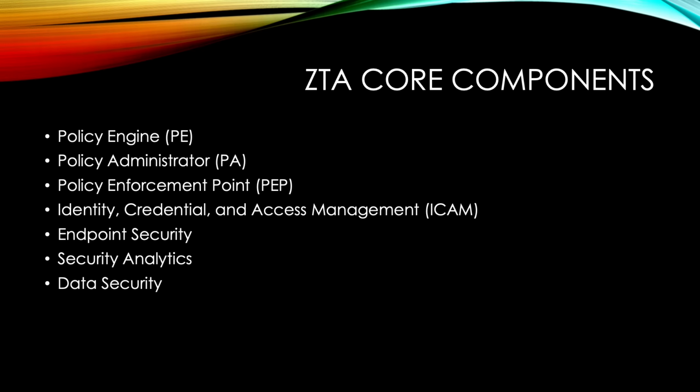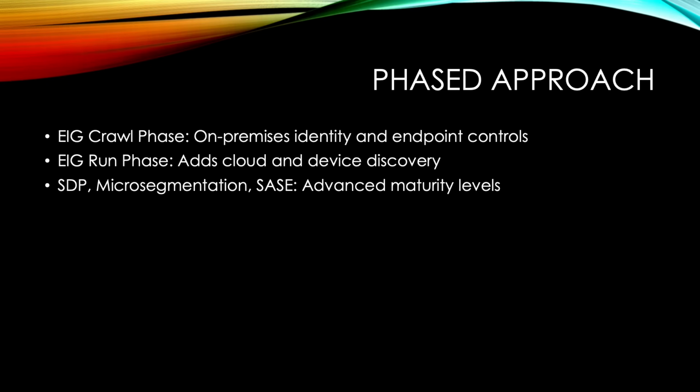the policy engine's decision. NIST organized its implementation efforts into multiple phases to reflect how most enterprises will realistically adopt Zero Trust. The initial phase focused on identity governance and on-premises controls, forming a foundation upon which cloud integration and device discovery could be added in the second phase. The final phase integrated more advanced capabilities, including software-defined perimeters, microsegmentation, and Secure Access Service Edge, or SASE, to address